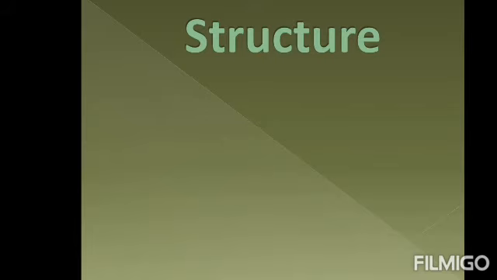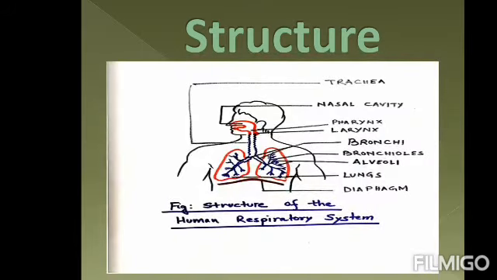Now, what are the main structures of the human respiratory system? First and foremost, the nostrils. There are two nostrils that connect to form a nasal passage. The inner lining of the nostril is lined by hair and the inner lining remains wet due to the mucus secretion. The hairs and the mucus secreted help in filtering the dust particles out from the inhaled air.